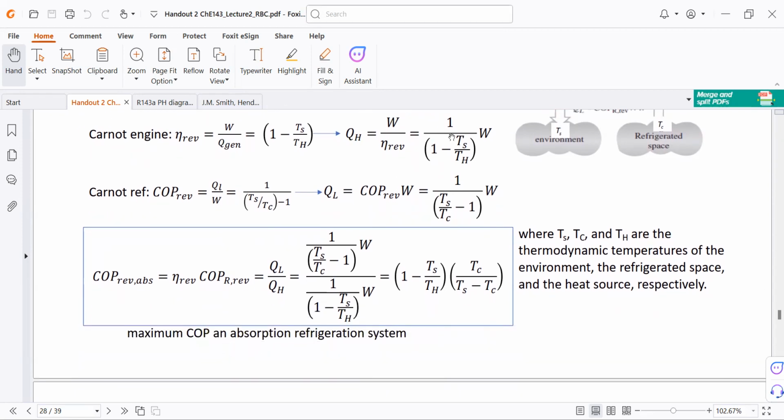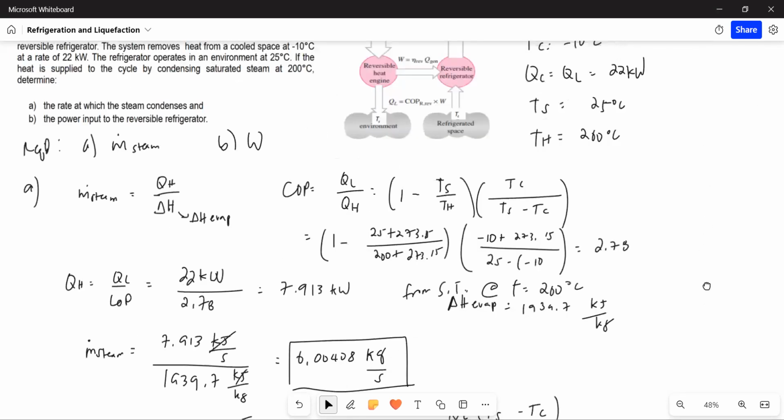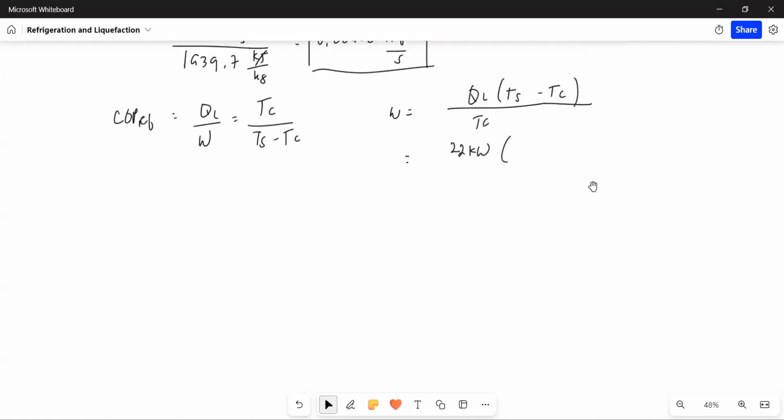So, in terms of absorption refrigeration temperatures, TS is 25 minus TC is 10, right? 25 minus negative 10